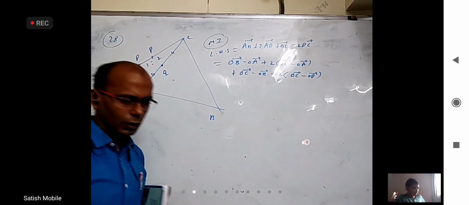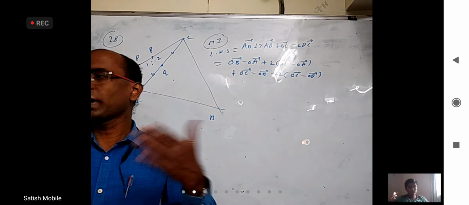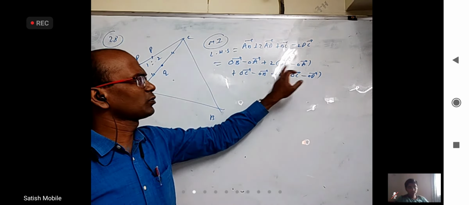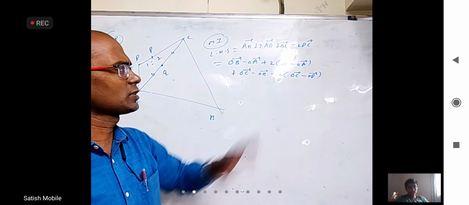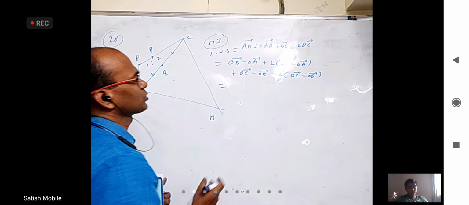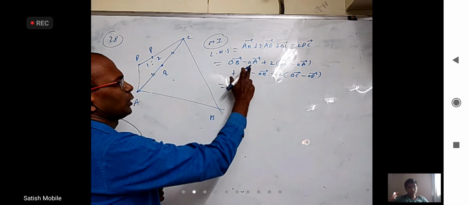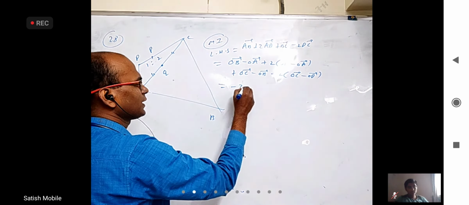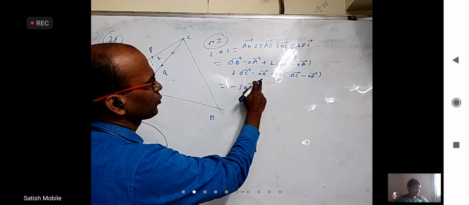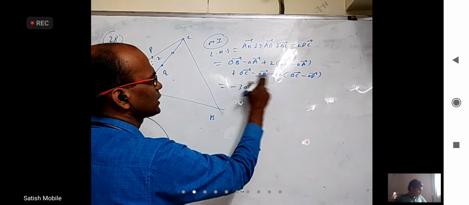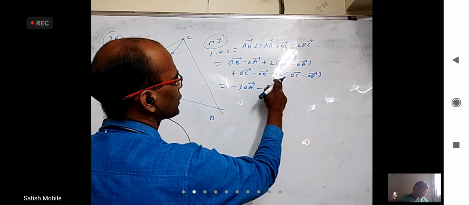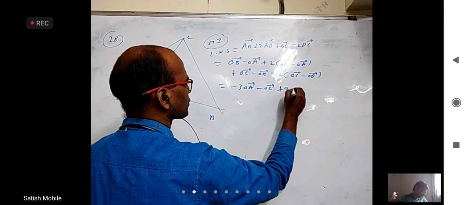We all know AB bar is position vector of B minus position vector of A. Like that I am writing everything. AB bar is this, AD bar is OD minus OA, BC is OC minus OB, DC is this. That's it. Now let us see what this is in terms of OA, OB, OC and all that. Minus OA here, minus 2OA, minus 3 OA bar. OB and OB got cancelled. OC and minus 2OC is minus OC. And 2OD plus 2OD is 4OD bar.